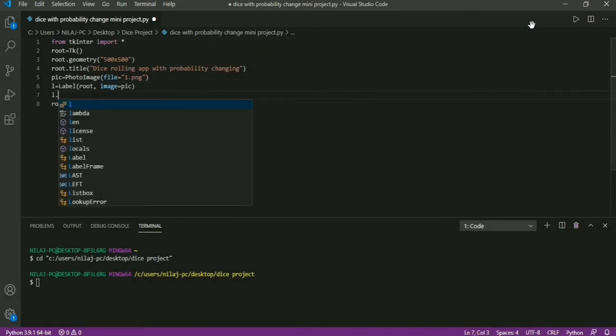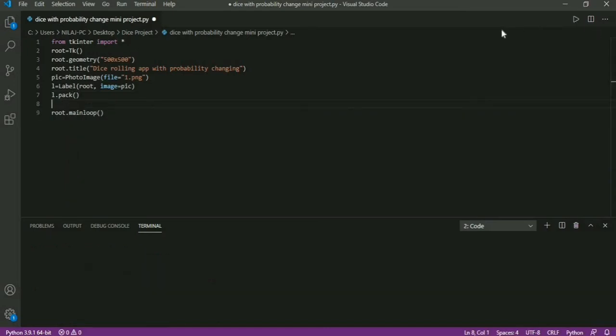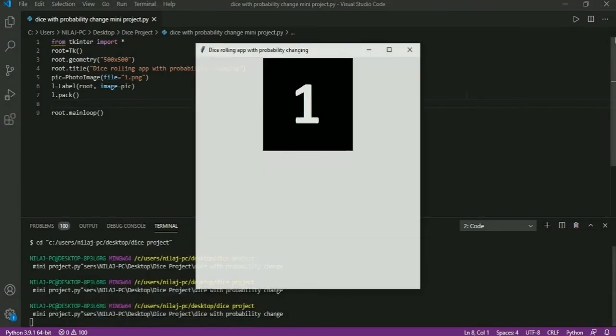Now I will pack it. Now let's run the code and see. Here you can see image is appearing.